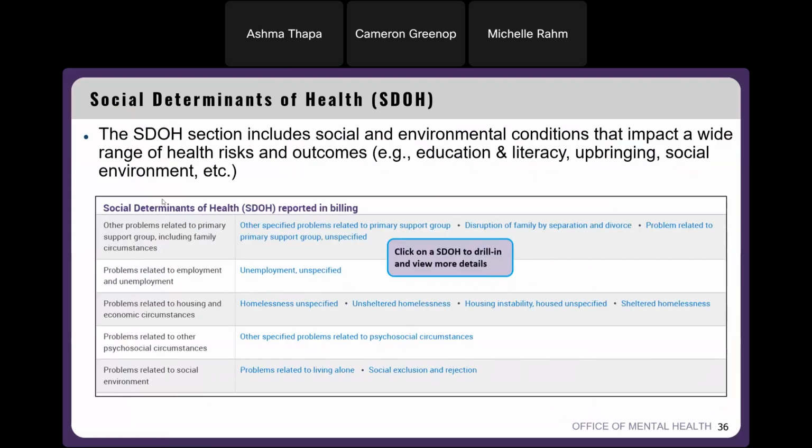All right, so we have our social determinants of health section in the clinical summary as well. This section includes social and environmental conditions that impact a wide range of health risk and outcomes. Here, as you can see, we have the name of the social determinants of health, and all these blue hyperlinks that you see in the clinical summary, you can actually drill into them. You can select any of these and click on it to drill in more detailed information.